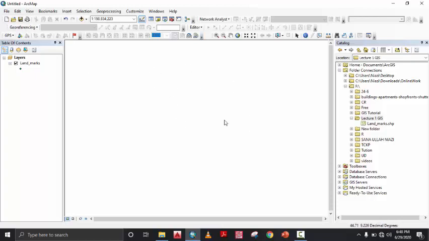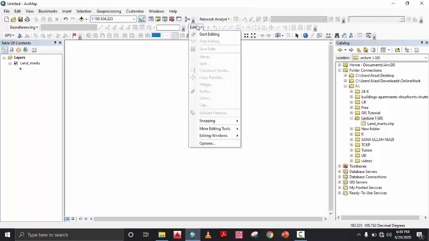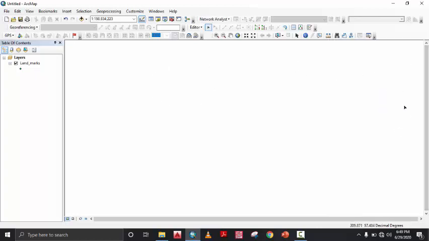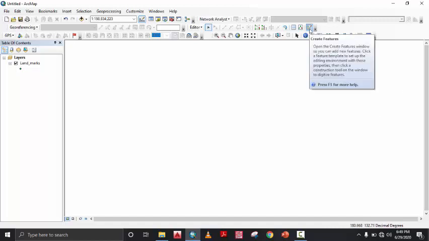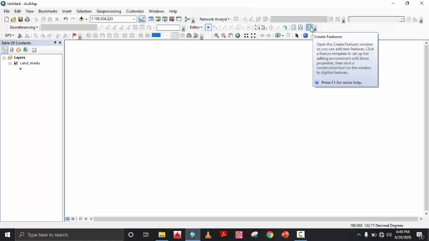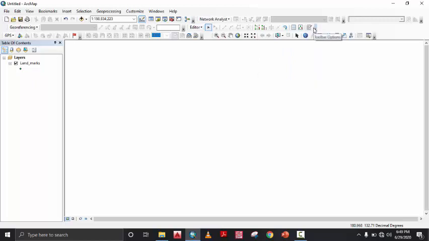So how will I mark points there? So first I am going to start editing. You have to start editing, then you can proceed further. So I'm going to press start editing. Then the next very important thing that my students usually face is that they don't have something that they can click on and put a point there. As you can see, there's nothing. So you have to go to create feature in the editor tool. This is at the right side, at the end of create feature. If it is still not appearing, you just click on there, and create feature will be there.